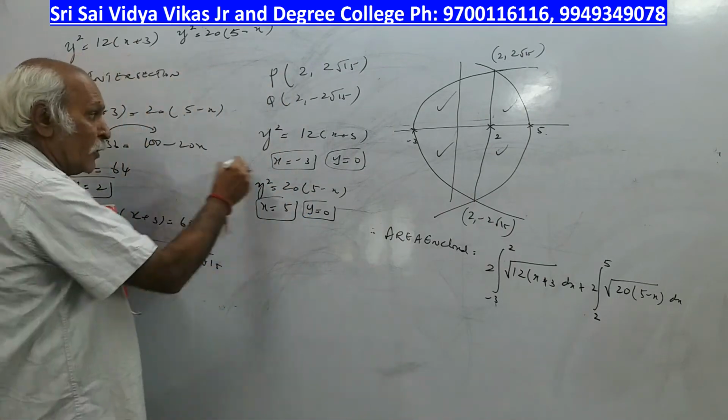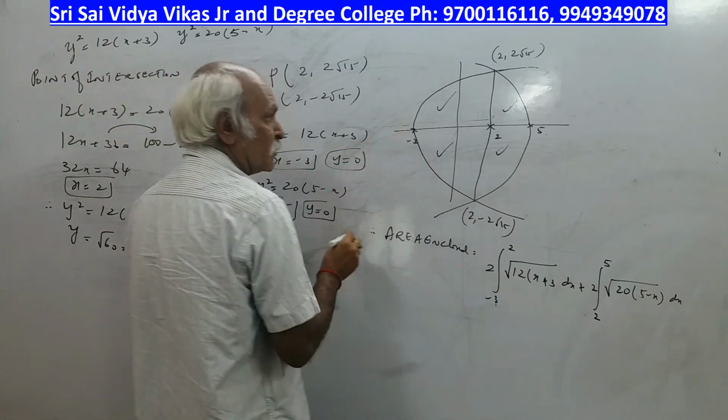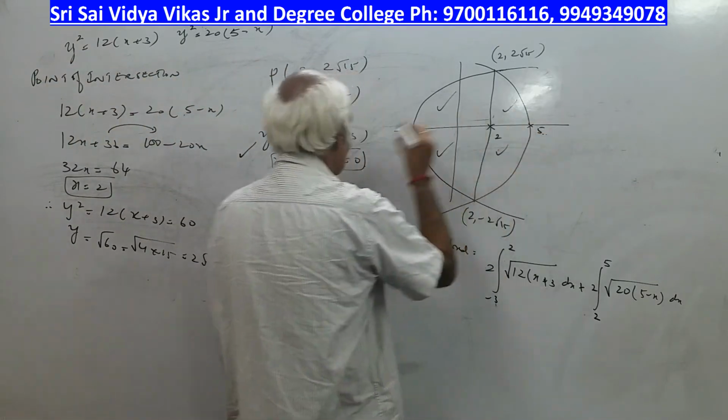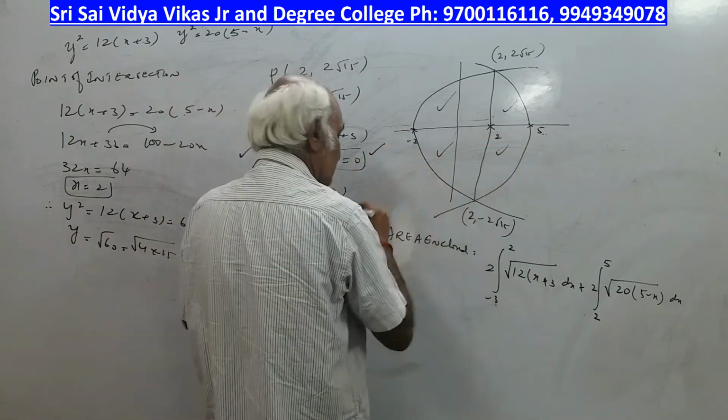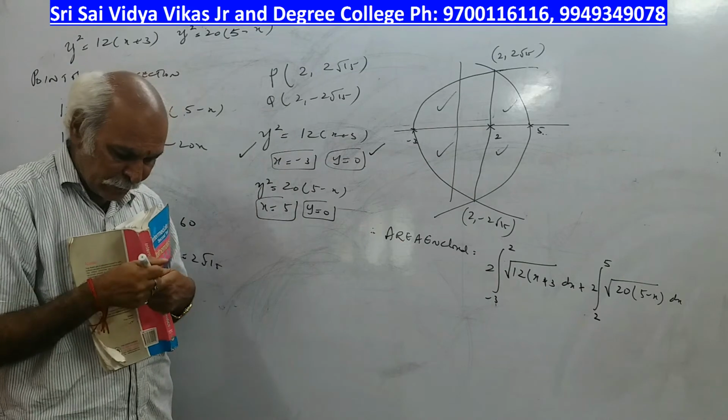So we have got the point of intersection. Why have I taken x is equal to minus 3? I want to get this point, sir, and I want to get this point. For this curve, this is a point. For this curve, this is a point. Draw the diagram. This is a curve, right? Please note down.